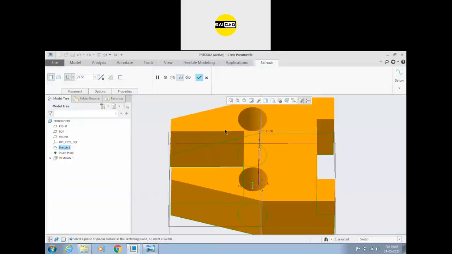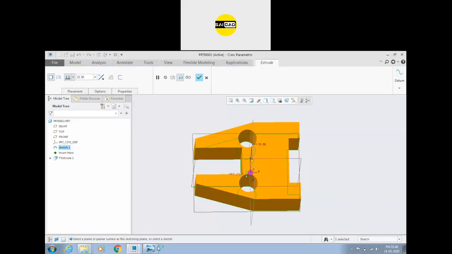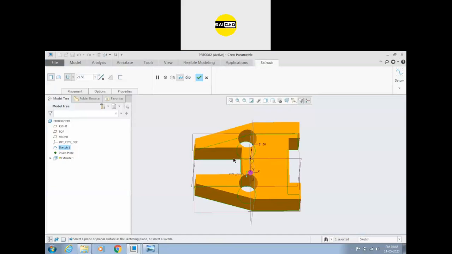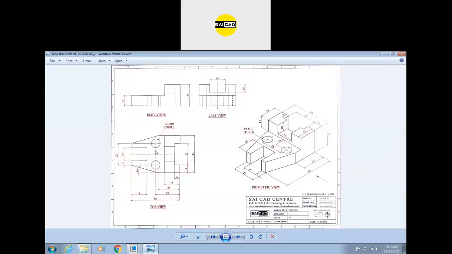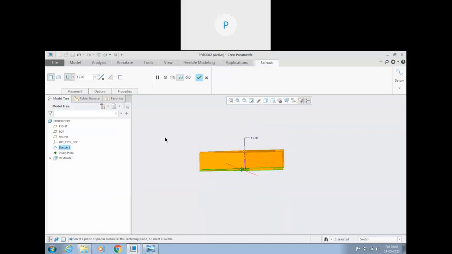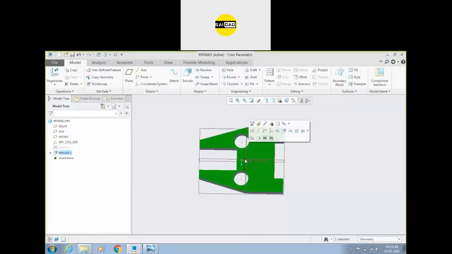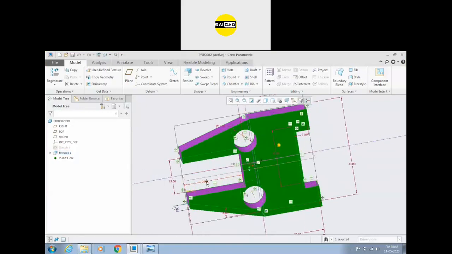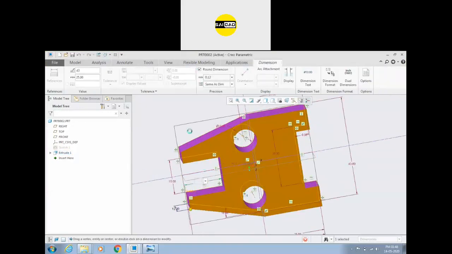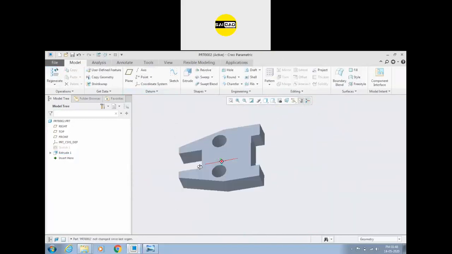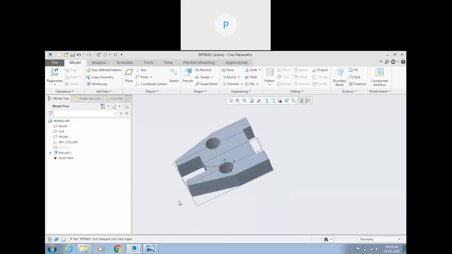Okay, so you can see we have a very thin feature here. So we will check the dimension. There was a depth of 18. I have applied a depth of 28, and the height is 12. So we need to define the height from here. Okay, and complete. So to change, you have to just select and go to the dimension. Now you can see that I have defined here 25, that 3, and double click outside or regenerate. So this is the sketch, okay, and this is the 3D object.